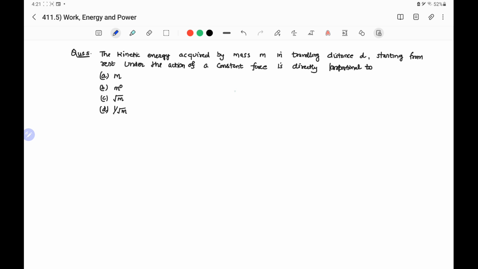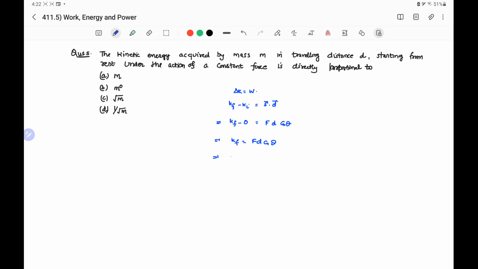So using the work energy theorem, which says that change in kinetic energy will be equal to the work done, and change in kinetic energy is final kinetic energy minus initial kinetic energy, and work done is force into displacement. Because initially object is at rest, therefore speed will be 0 and initial kinetic energy is 0. So we can write Kf minus 0 will be equal to force into displacement into cos of the angle between them. Or we can write Kf equal to Fd cos theta.